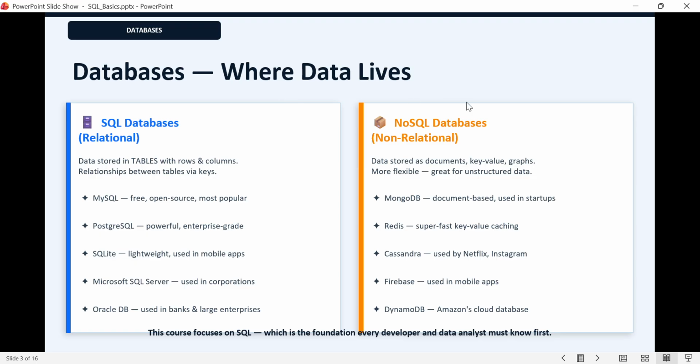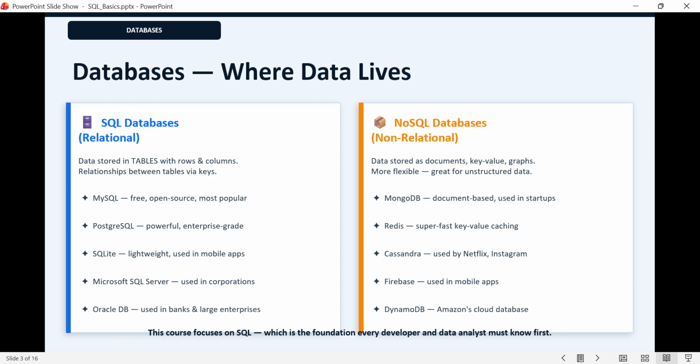Databases, where data lives. Before we write any SQL, let us understand what a database actually is. A database is simply an organized collection of data stored in a way that makes it easy to access, manage, and update. Think of it like a digital filing cabinet.